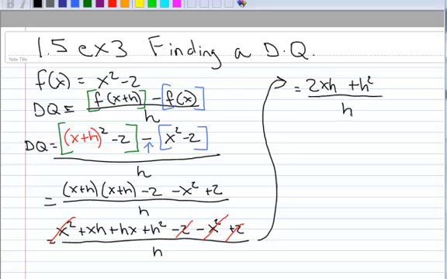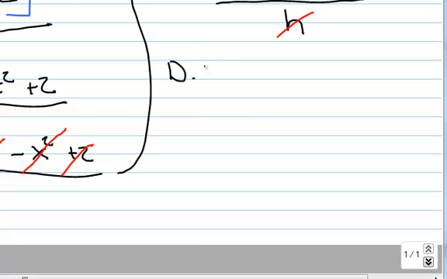All over h. So notice how each of the terms in the numerator contains an h. Let's go ahead and factor out that one h. And when I do that, I can see that this h cancels with this h. So the difference quotient in this case for this particular function is 2x plus